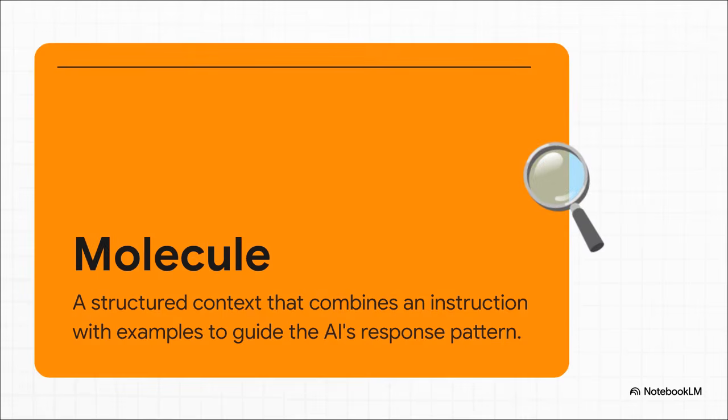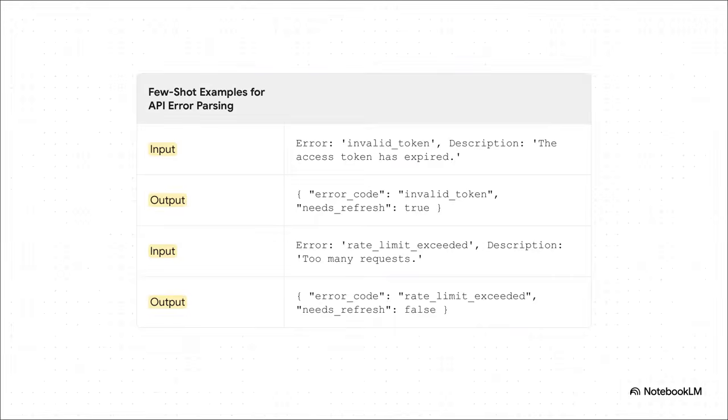So how do we get smarter? Well, we start combining our atoms into molecules. And a molecule is where things get interesting. It's a structured context where you don't just tell the AI what to do, you show it with examples. You might have heard of this as few-shot learning, and it's our first big step toward building something truly intelligent. Here's exactly what that looks like for our API bot. Instead of just vaguely asking it to parse some error log, we give it clear examples. We show it, when you see an input that looks like this, I want a structured JSON output that looks exactly like this. By seeing a couple of these patterns, the model learns what to do,